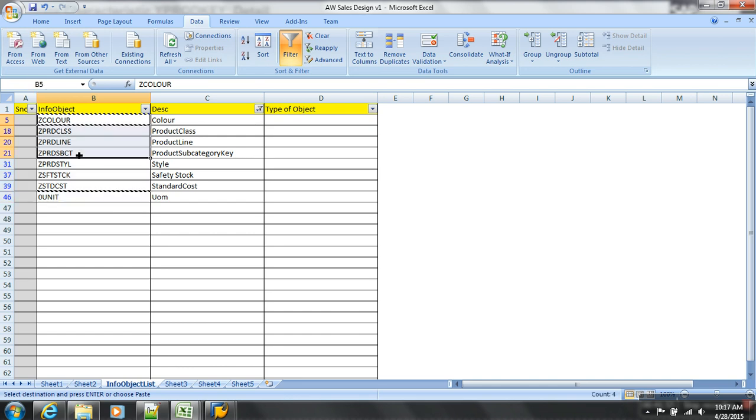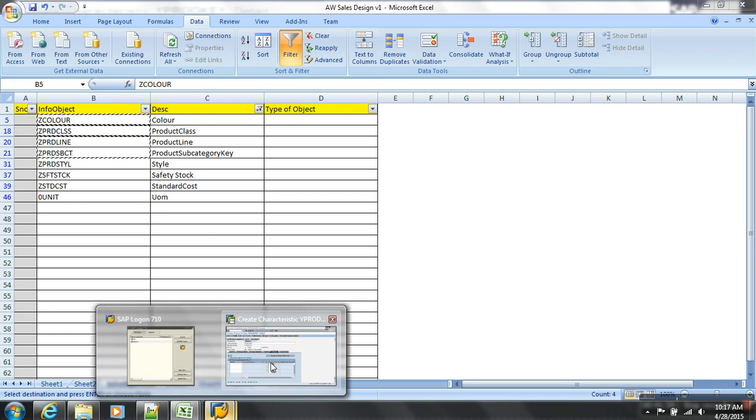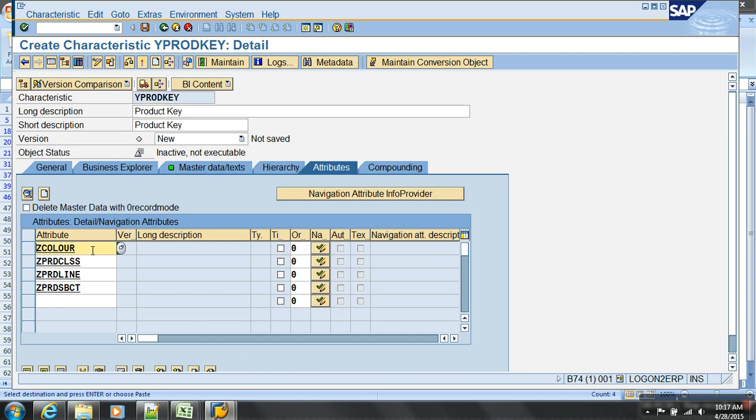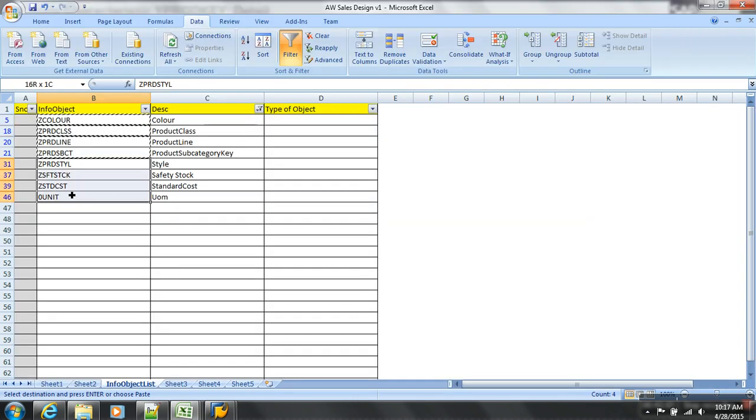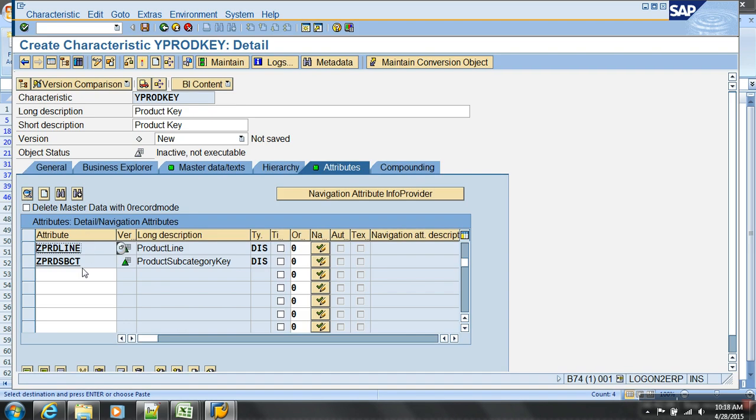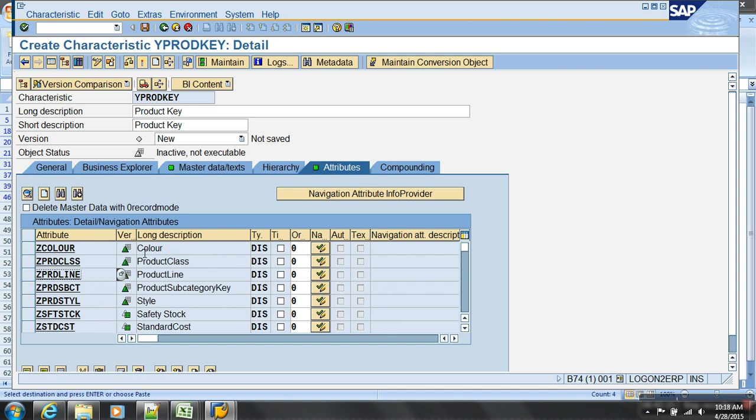Copy 4. That's it, done. So I've got all this info. You should have created these InfoObjects also, but I'm using what is already there. So now will it create attribute table and text table for product key?